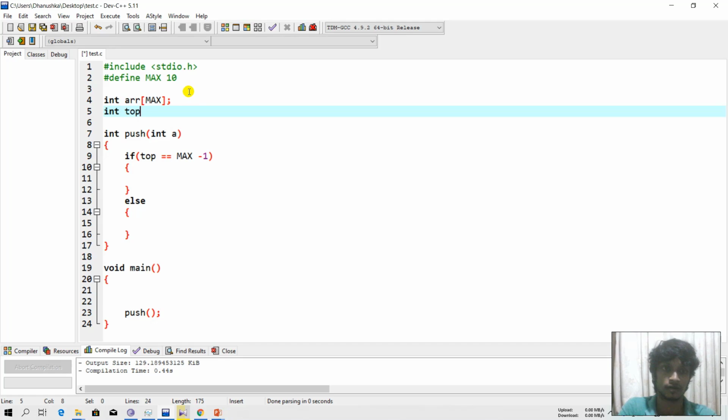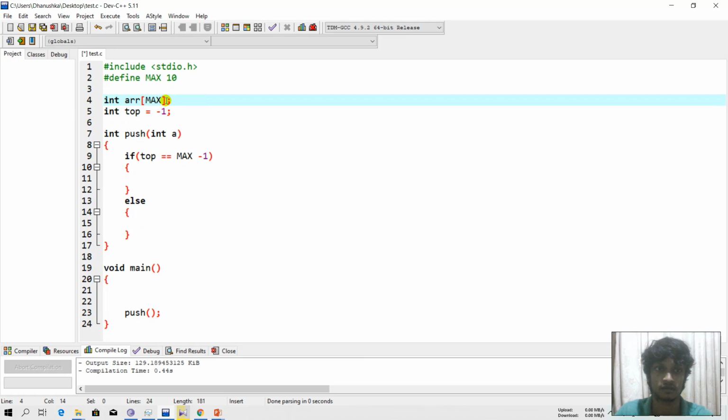So I will define a new variable like this. At the default state my top will be -1, because at the default state my array is not having any elements, therefore it is empty, which means our top is -1.